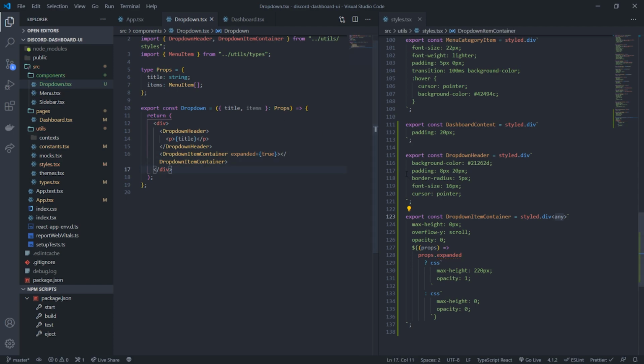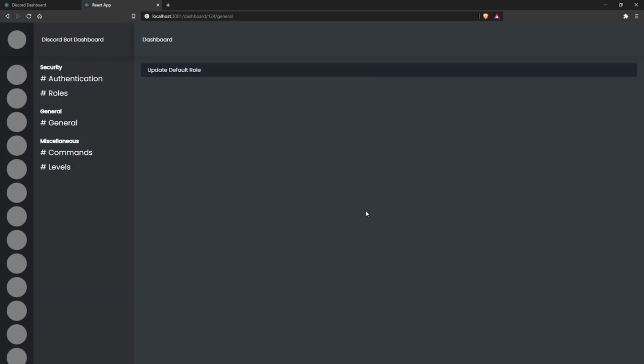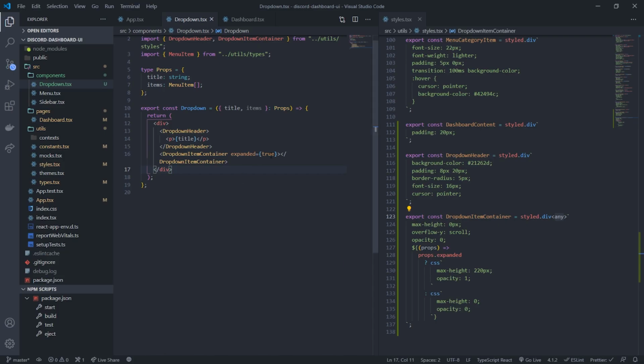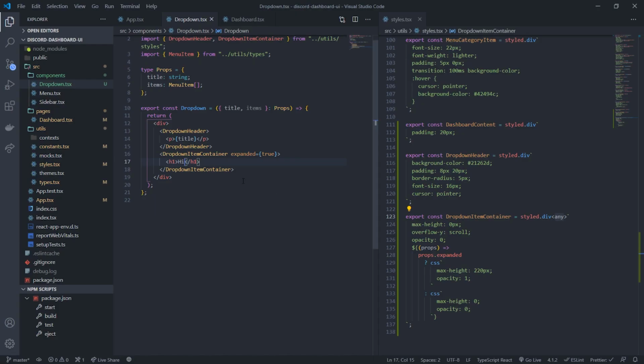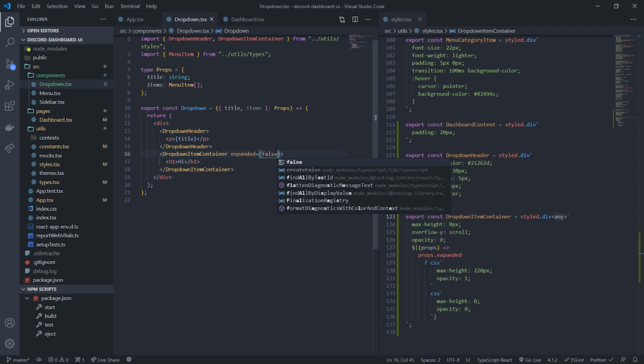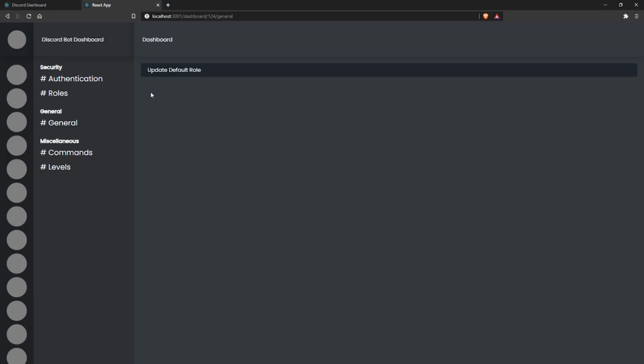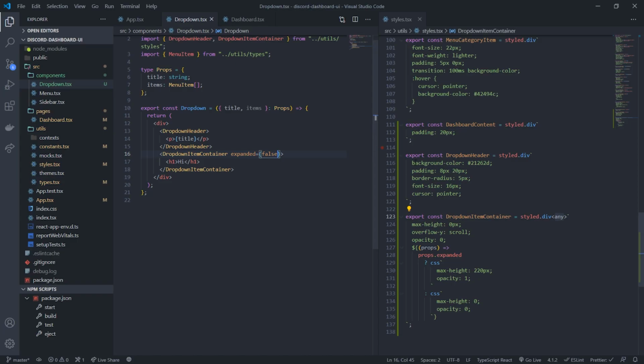Okay, so let's look at our, let's get here real quick. Okay, so right now, we don't have any items. Let me actually just do an H1, just to see if this renders at least. Okay, there we go. So you can see it renders. That's good. If I set this expand to false, you'll see that it disappears,